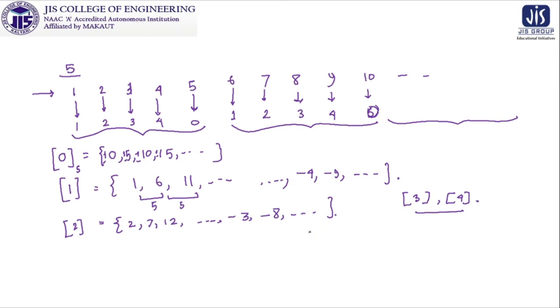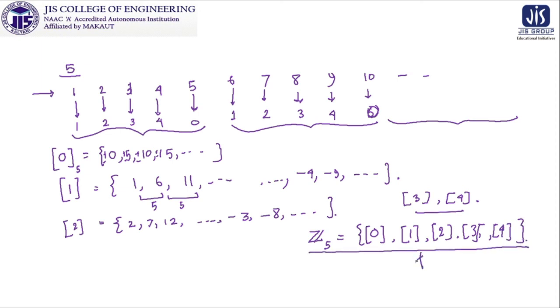Now consider one set, Z, denoted by Z5, such that it contains all the residue classes after dividing by 5. It is nothing but a non-empty set. Now what operation are we going to associate with this to make it a group, and what is the definition of those operations so that we can combine them to make it a group? So Z5 is known to us. Suppose we define class addition as follows.